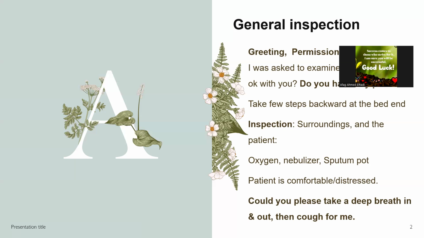In the neck, we have the trachea, the cricosternal notch distance, the tracheal tug, the JVP, and we go down, we inspect the chest anteriorly, and we do palpation 3